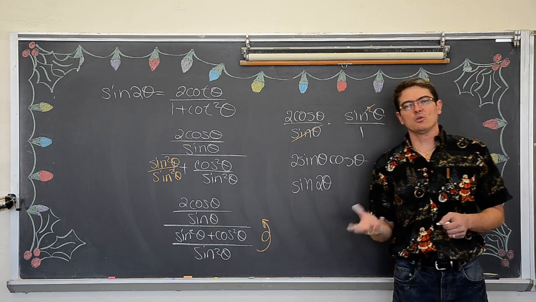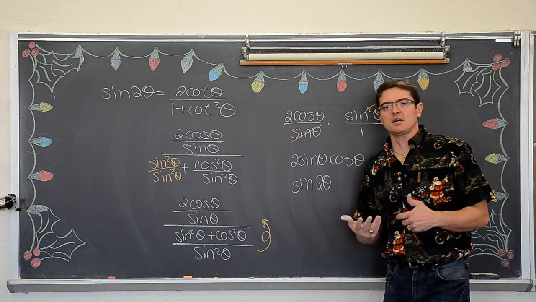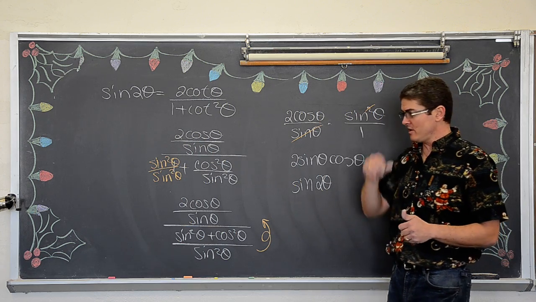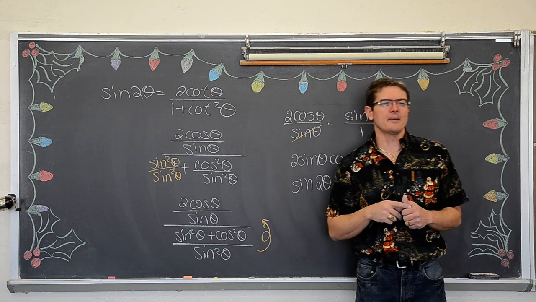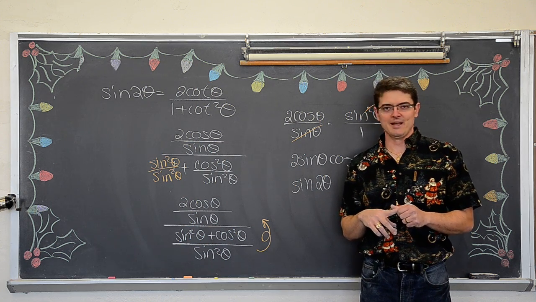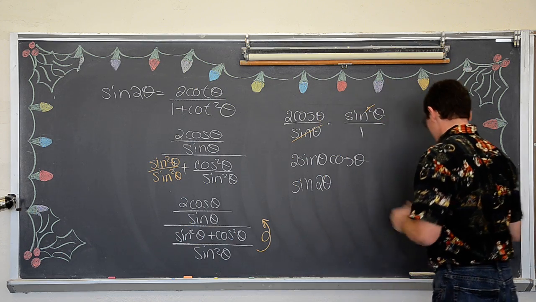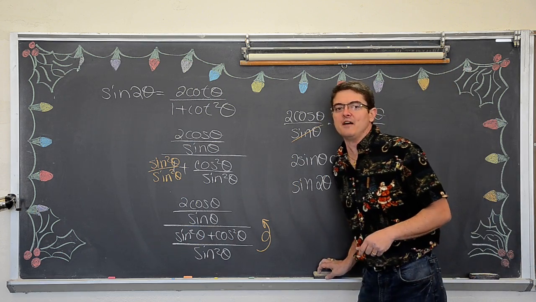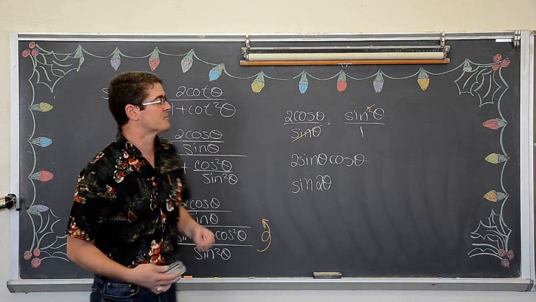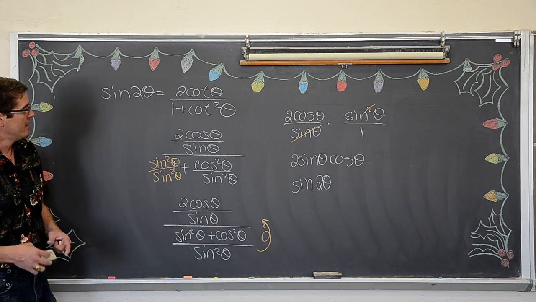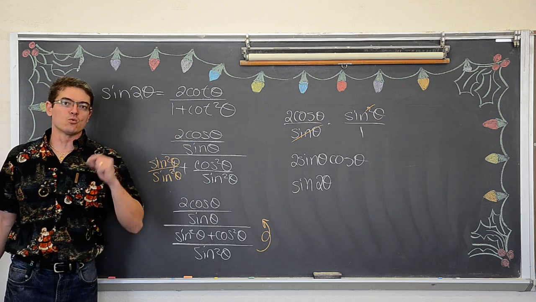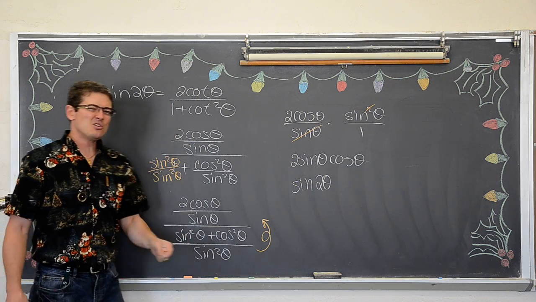Now, if you're really good at proofs and you just stumbled upon this video, or maybe you're just getting used to them and you're using them to teach yourself how to do these, well, there's a reason why the back of your book says proofs may vary. Because they may vary. That's why I like teaching trig proofs so much, because it's not just, here's 5 steps, and if you follow them in a certain order, you'll get the right answer. You have to think a bit more. Play with the algebra. Do some substitution. See what helps. And for goodness sakes, if you have a Pythagorean identity that's going to help you out right off the bat, maybe you should use it.